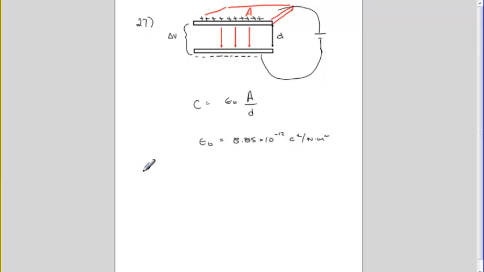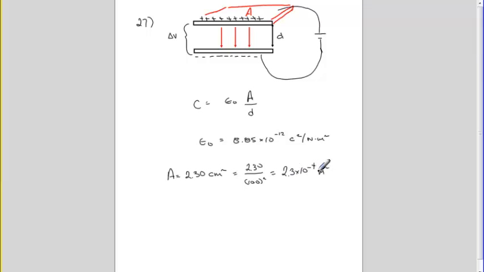So if we look at the problem statement, it gives us the area. It says the area is 2.3 centimeters squared. Now it's in centimeters, so we have to convert to meters. To convert centimeters to meters, you divide centimeters by 100. So to convert centimeters squared to meters squared, you divide by 100 squared. So we take 2.3 divided by 100 squared, and that would give us square meters. It's going to be a fairly small number, 2.3 times 10 to the minus 4